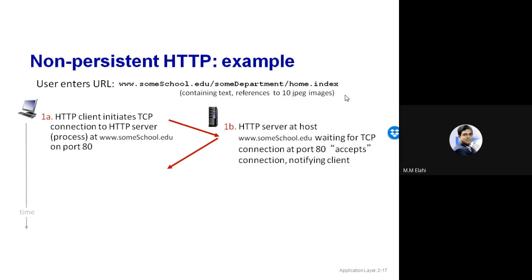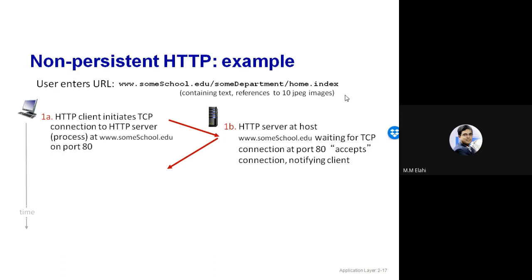When my browser starts displaying, it first downloads the base HTML. Then it finds out there are 10 different image objects, each of which is where? In the client or in the server? Server. Very good, in the server. So for each different image, it needs to send the request again: for 10 different images, 10 requests, 10 responses. But one thing we should understand: without downloading the first HTML file, the client cannot know that there are 10 different image references.